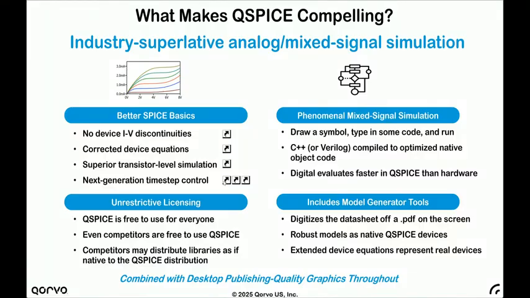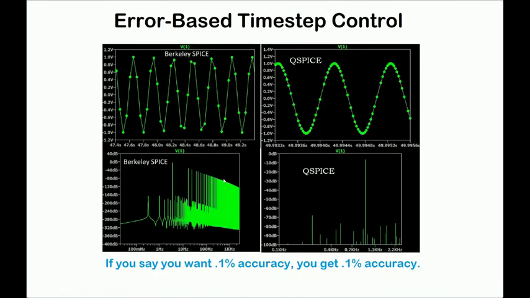And then here is another aspect of it. If you just put in a sine wave in SPICE, every single one of these data points is exactly the right value, to 15 digits, but there aren't enough data points to reconstruct a sine wave properly. So if you run a sine wave in SPICE and then do an FFT, your spurs will be just 20 dB down, okay? But in QSPICE, it knows exactly how many time points it needs